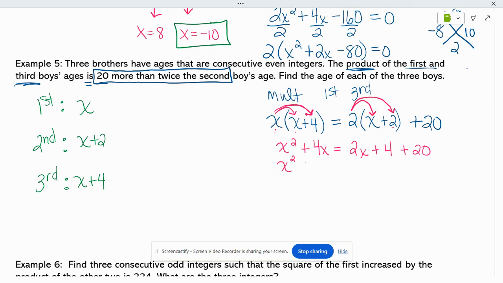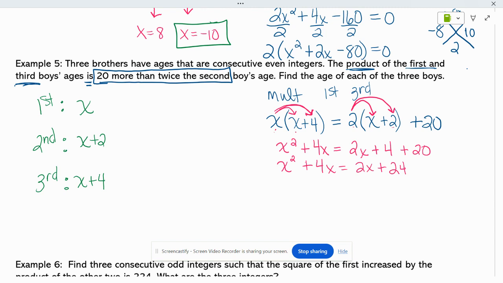So I'm going to rewrite it. X squared plus 4x equals 2x plus 24. Okay, so we're almost there. We know that this is a quadratic function because it's degree 2. I have x squared. The only way that we can solve a quadratic by factoring is if we set it